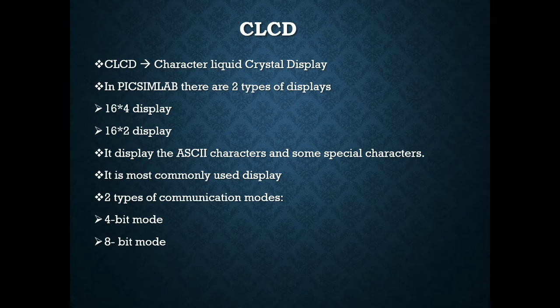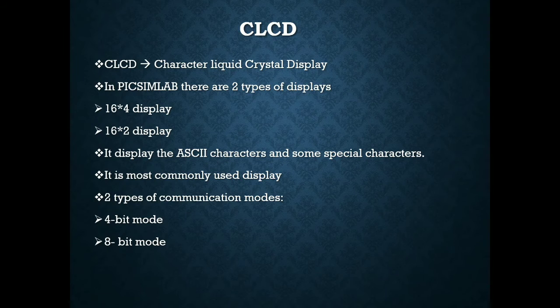It is used to display ASCII characters and some special characters. So this is one of the most commonly used displays. Now this has a built-in controller which either accepts data or executes an instruction. That is, if this control signal is 0, then it executes an instruction. If it is 1, then it displays the data.